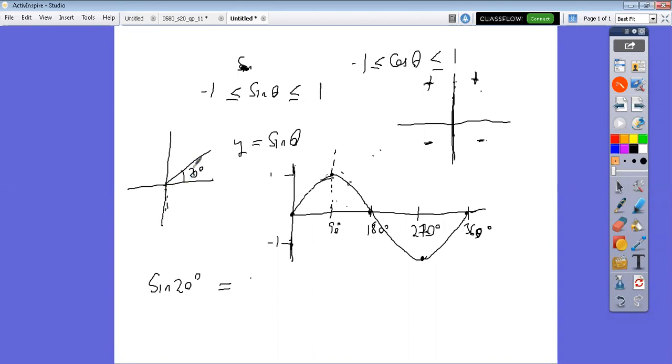Are we agreeing? Look at this. I can also draw 20 degrees in the other quadrant where it's also positive. So now, moving all the way around until I'm there, it's actually 180 minus 20. So it's equal to sine